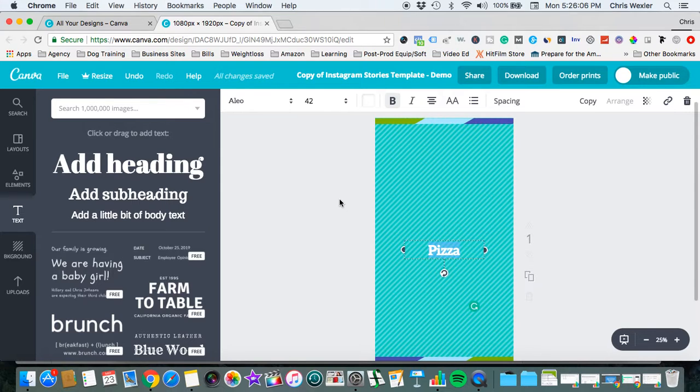I can move text fairly easily if I click off of it and then drag it. But if you've already selected it, then what's going to happen is you need to move to the outer line here and then drag it. So what I'm going to do here is I'm going to tilt this to give it some character, and I'm going to do that option drag thing. Again, I need to go to that outer line, option drag, that way I don't have to adjust the fonts anymore. So pizza,